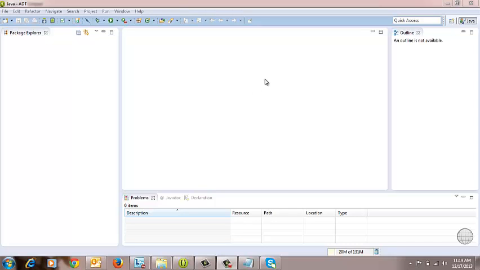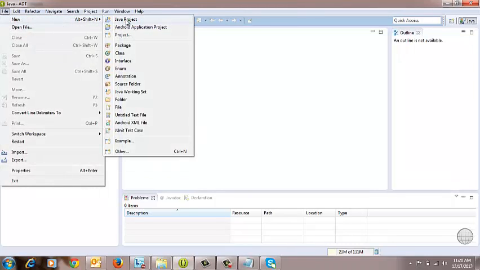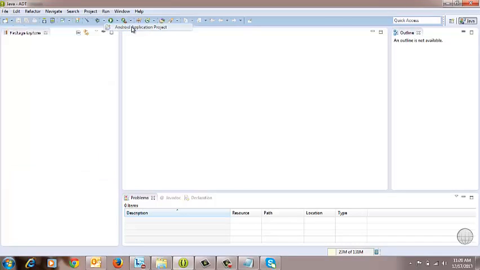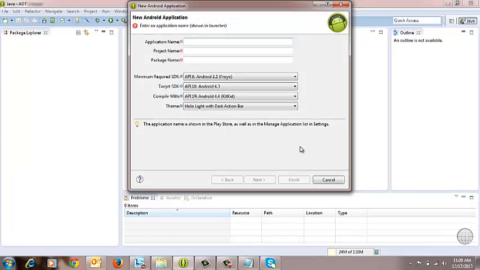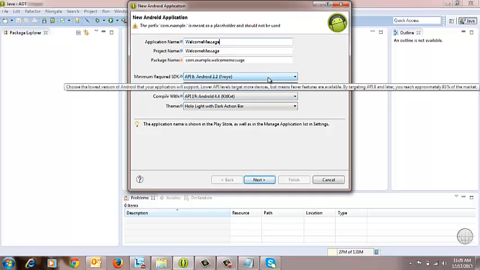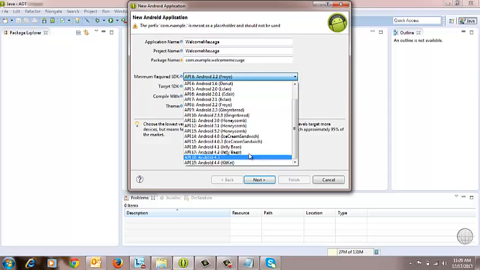Good day all. Today I would like to discuss the Android project structure, the directory structure, and I'm trying to create a project in Android. Let's go to Android application project and create it as welcome message as Android project. And if you observe for this project, the minimum required SDK is, let's say, I'm selecting